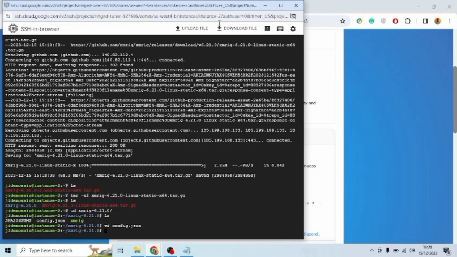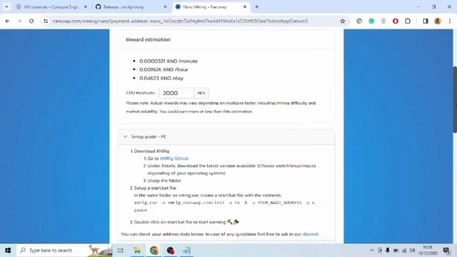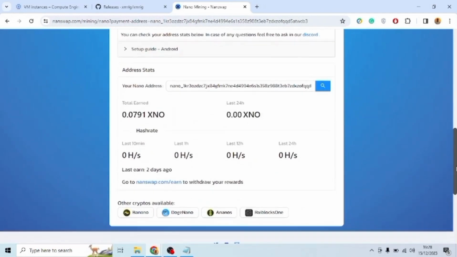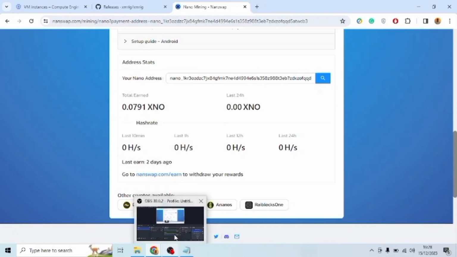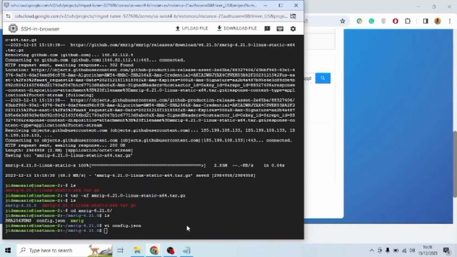Okay, so let's look at the mining pool. You can see I've been mining some crypto, but this hash rate, you can see it's at 0 hash per second currently. It is not mining currently. Okay, so we can't be on the console forever. We need to leave and do something or go offline. Okay, so for you to keep mining,